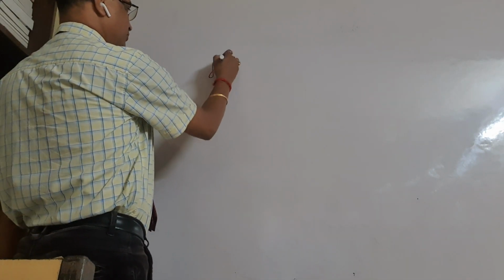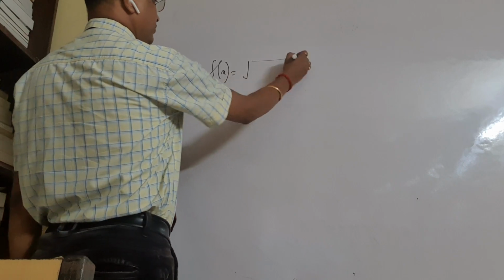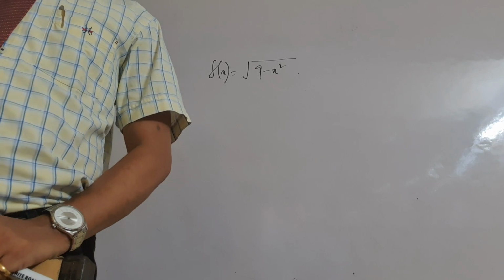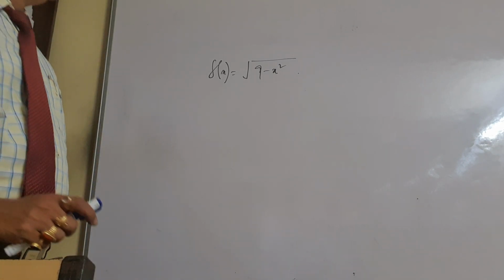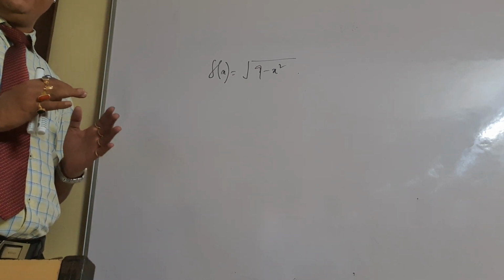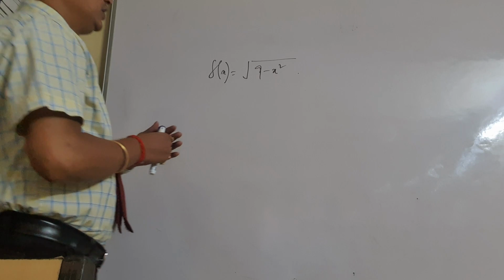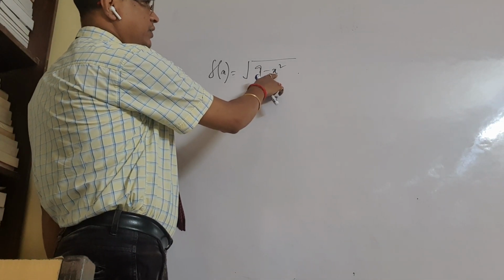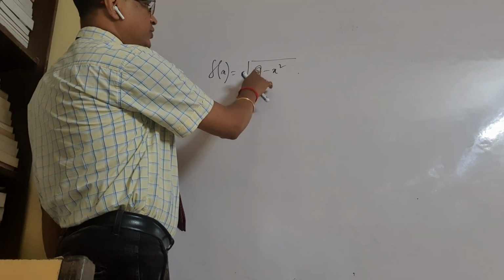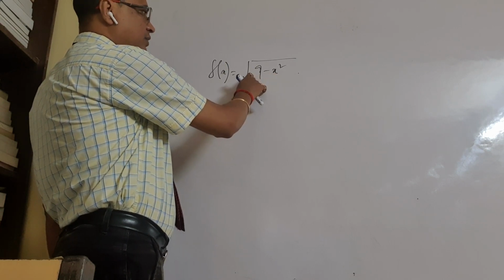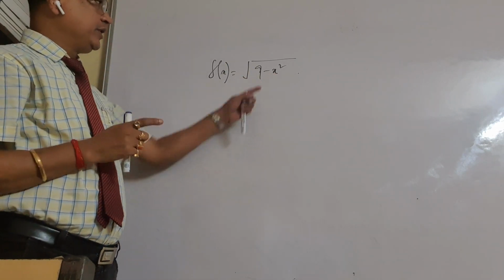One more good sum, let us discuss. Same question, we have to find the domain and the range of f(x) equal to root of 9 minus x square. If you see this question very carefully from our simple observation, if you put 0, 1, 2, 3, till 3, 9 minus 9, 0 will come. But when you put x equal to 4, it will become root of a negative number. If you put more than 3 here,